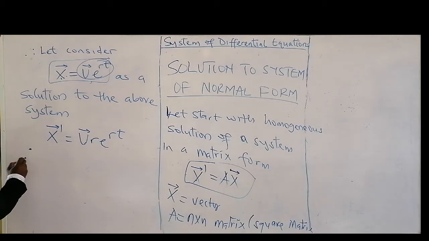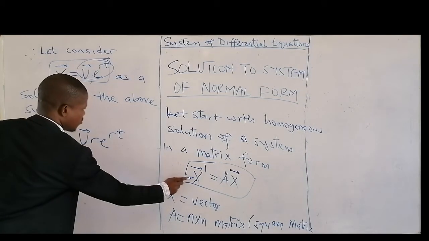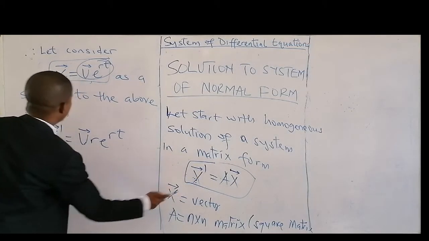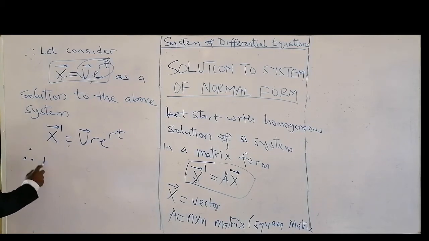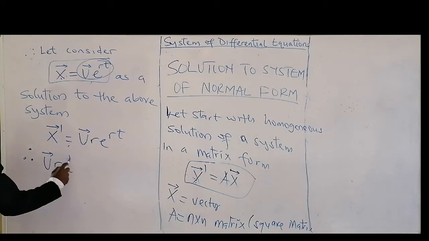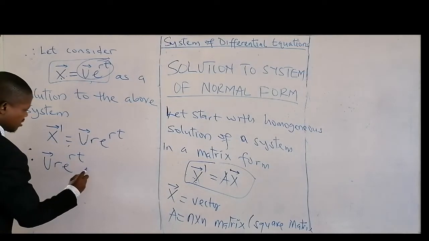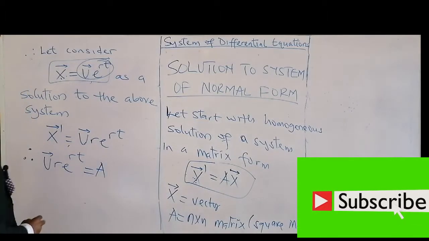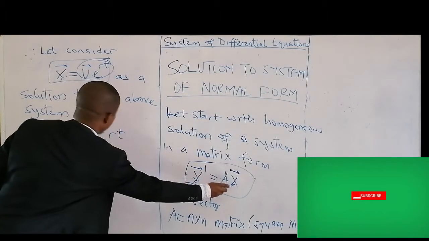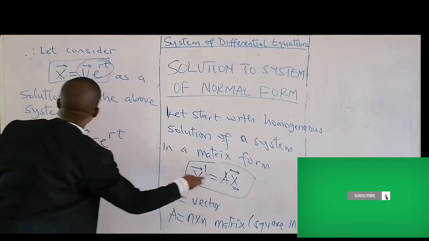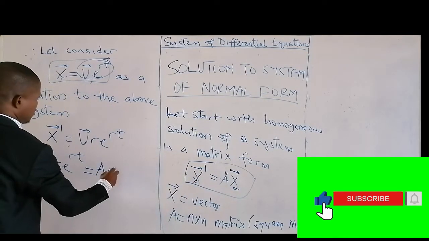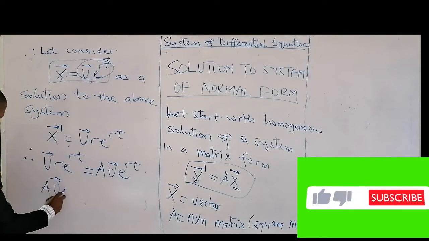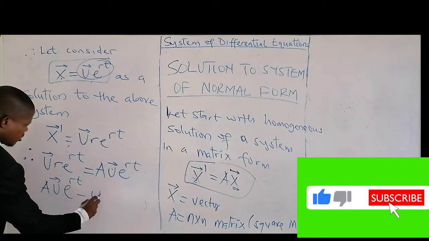okay. The homogeneous solution of the system will now become this one. This left hand side is equal to this one. So we have this equal to your A, and then this one, which is the solution, we have it here. That's what this is. Okay, we have this minus this one